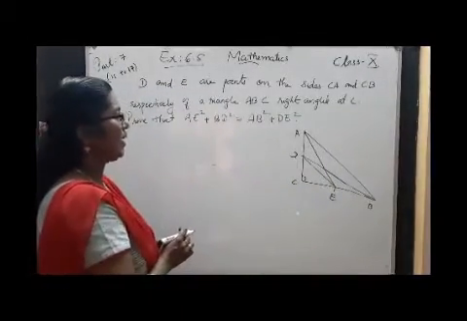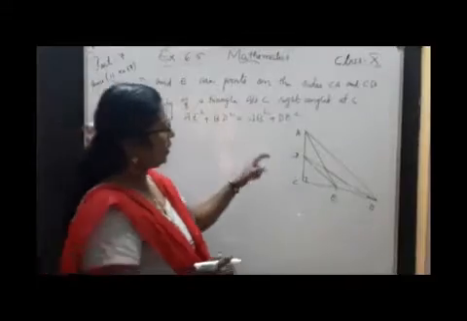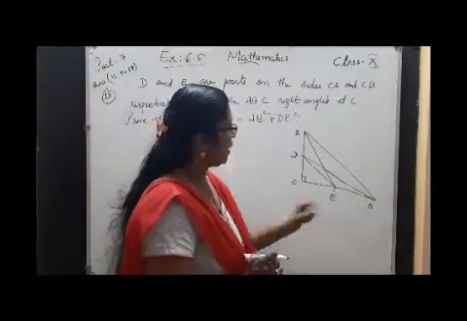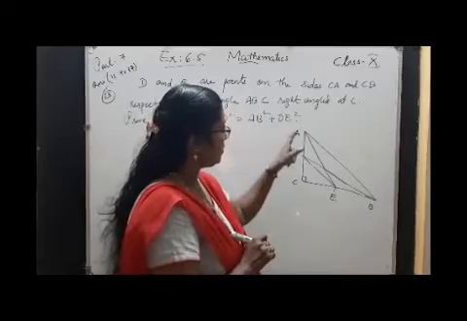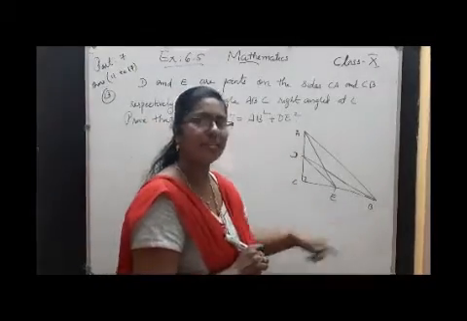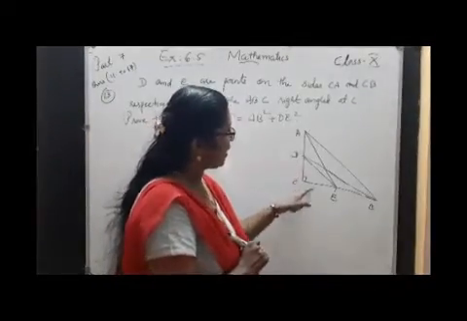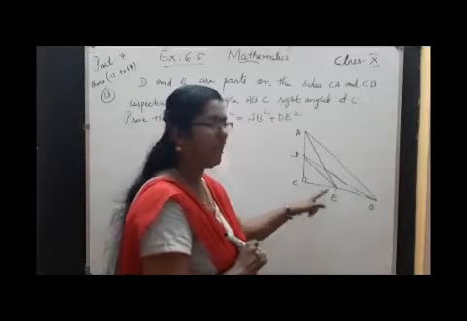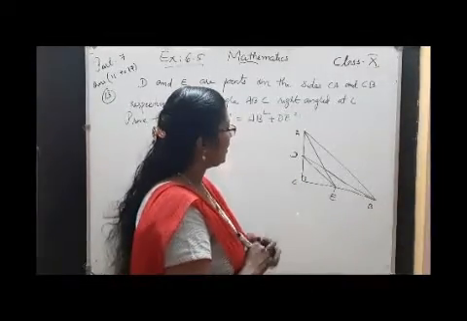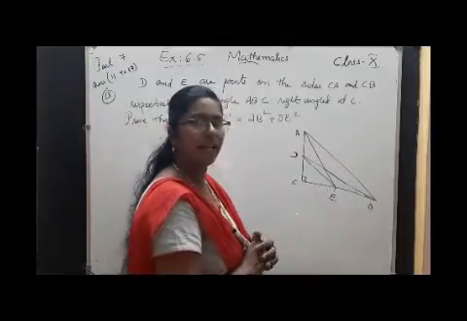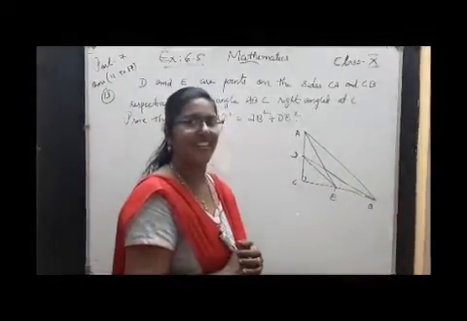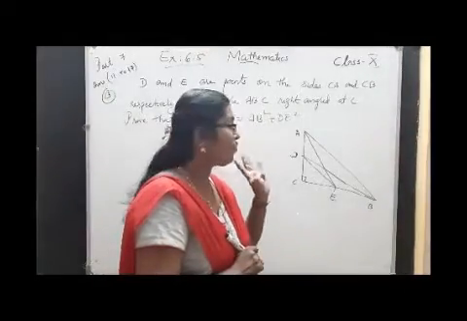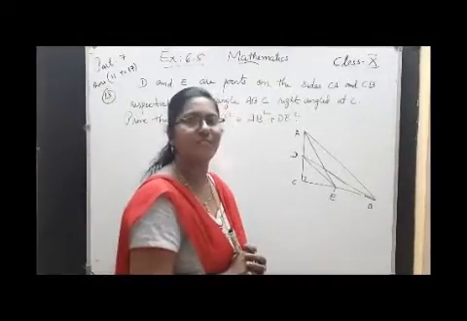Then consider the triangles. Here it is a right angle triangle, and how many triangles are here? First one is ACB, a right angle triangle. Then DCE is a right angle triangle. Then ADE is a right angle triangle. DEB is a right angle triangle. Yes, here there are 4 right angle triangles in this figure.